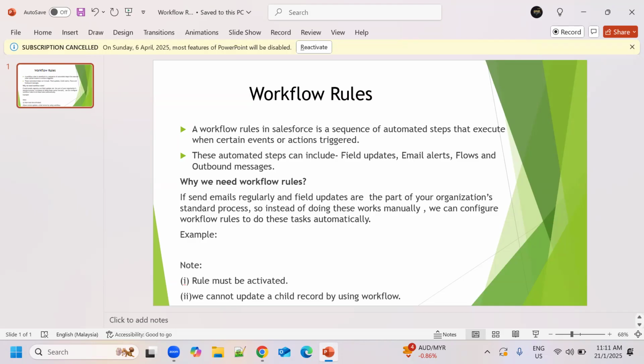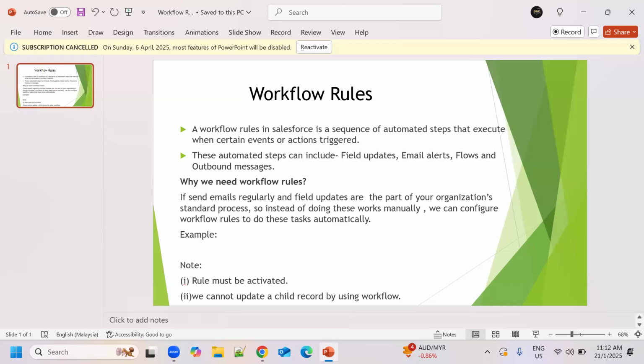Why do we need these workflow rules? Suppose sending emails regularly and field updates are part of your organization's standard process. Instead of doing this work manually, we can configure workflow rules to do these tasks automatically. Let's consider a scenario.